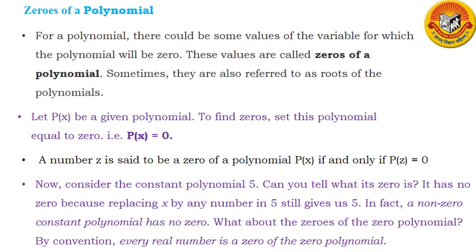Now we have also discussed a zero polynomial. Now for the zero polynomial the value is 0 itself. So if you put any value of x, your result is going to be 0 only. So for the zero polynomial you have an infinite number of zeros, and for a constant polynomial there is no zero at all. And what is the zero of a polynomial? It is the value of x for which your expression will become 0. Now let us see exercise 2.2.